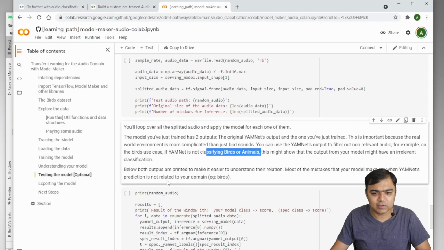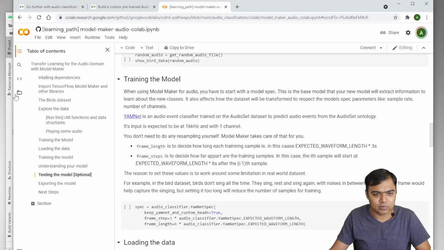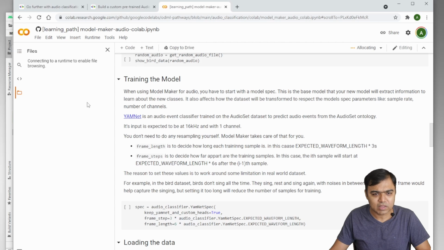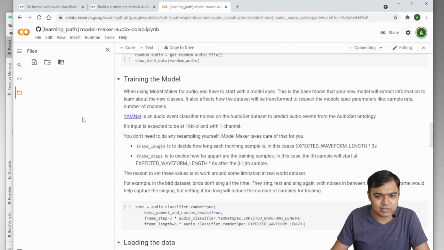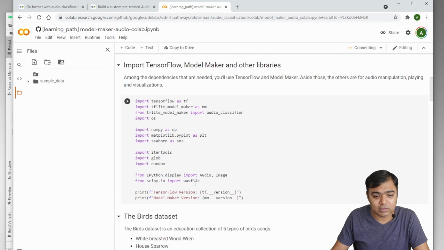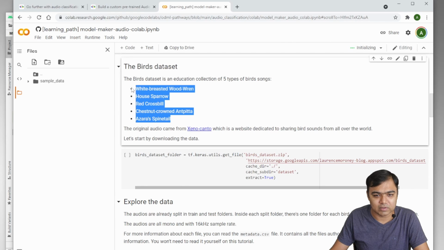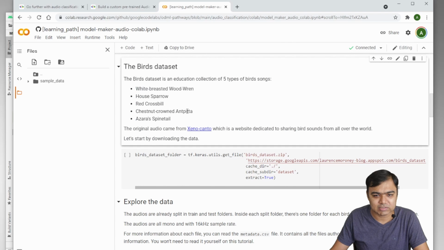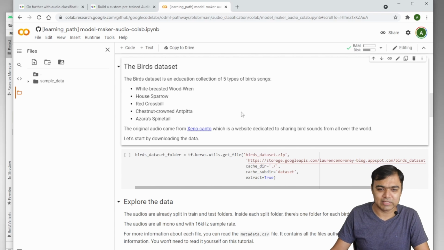If you go back to the learning path and go to this folder in the Colab, you can see that this Colab works on only 5 types of birds: white-breasted wood wren, house sparrow, red crossbill, chestnut-crowned pitta, and Azara's spinetail. These are the only 5 birds that it would detect. So not all the birds, but only these 5.